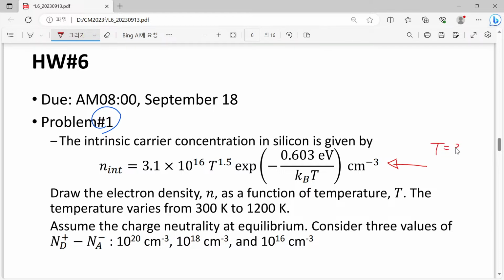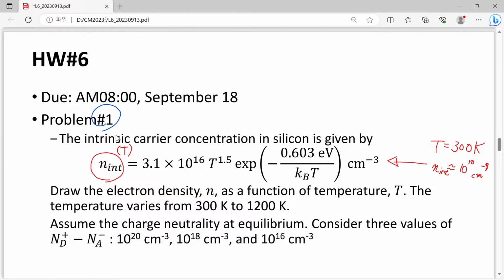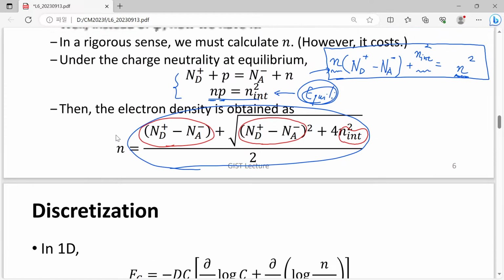When you apply 300 Kelvin, then you should get an intrinsic carrier density which is on the order of 10 to the 10 per cubic centimeter. So first of all, please check it. And yes, once you calculate this intrinsic carrier density at a given temperature T,